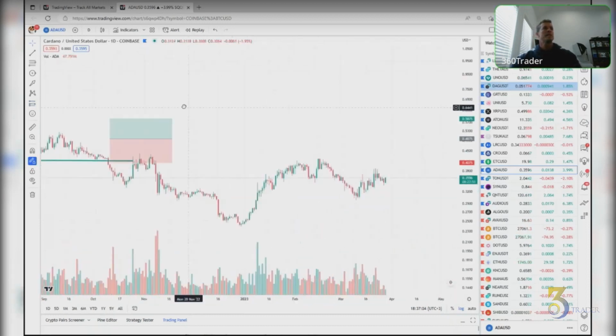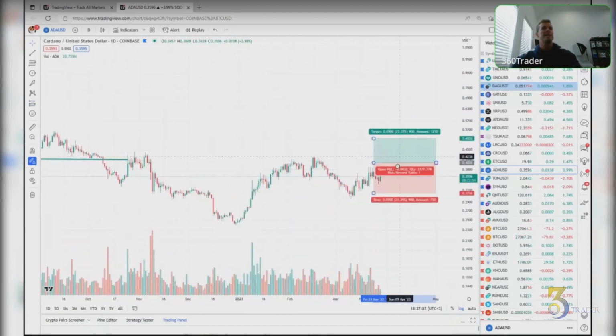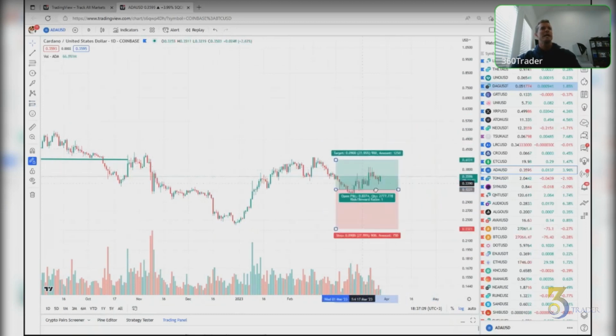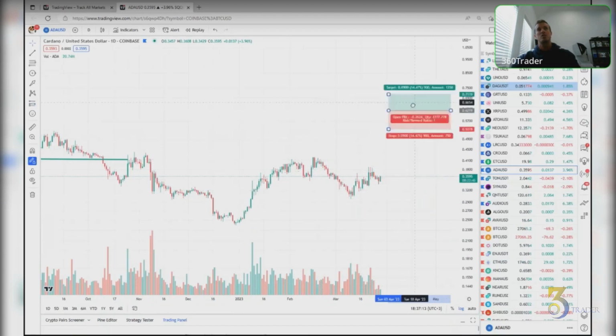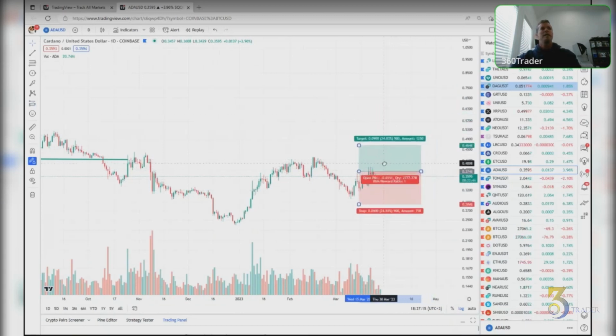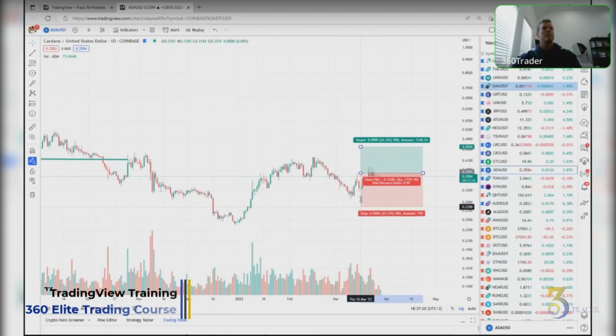You'll be able to manipulate it. You'll already have your stuff drawn up on your chart. I don't have it on here right now because I'm showing you how to use this tool. Then you can manually move it to where you think you're going to put your stop.